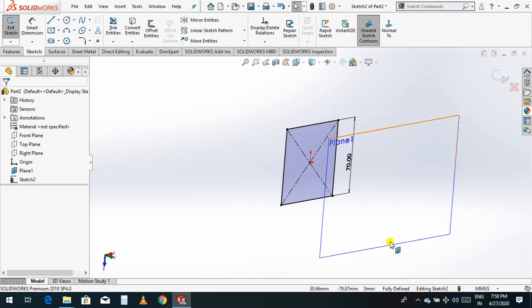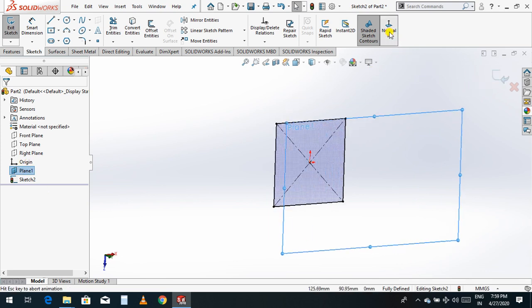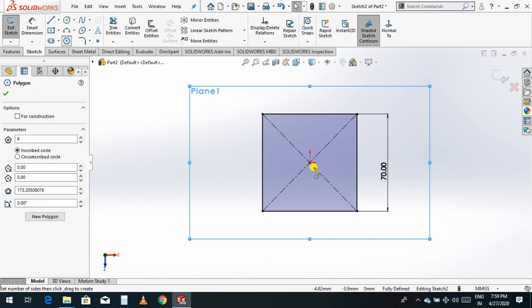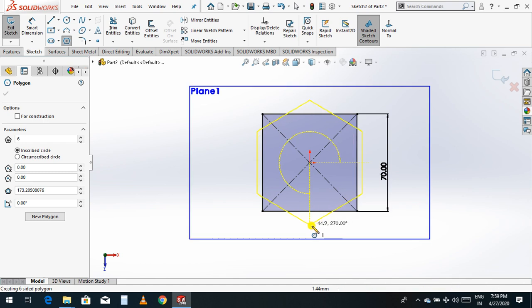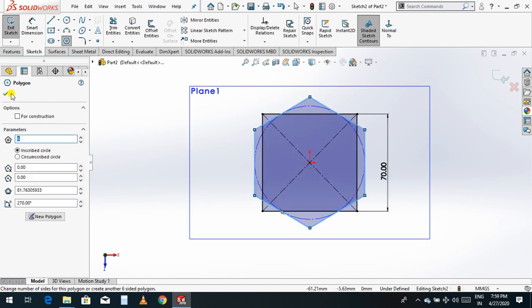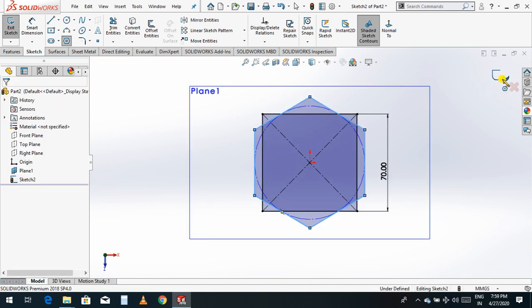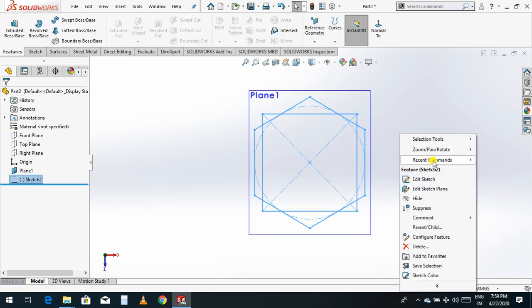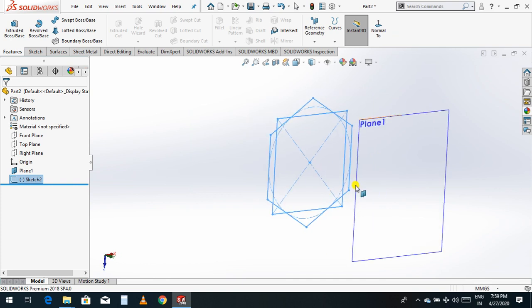Now select plane 1, normal. Now you can make one pentagon here like this. Okay, close the sketch. Now just rotate this plane.